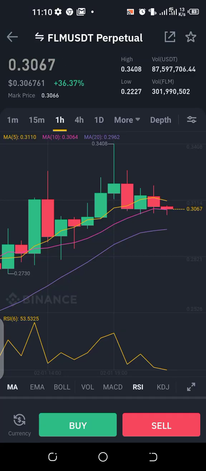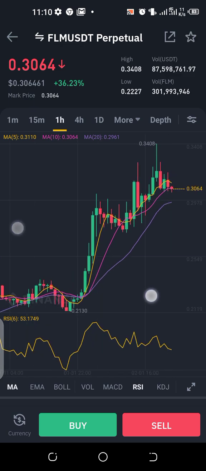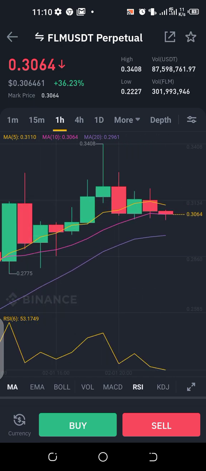Alright, so using this graph, the FLM USDT coin chart, to try to predict how high this coin will rise again before it falls. If I really think it's time for the coin to fall, that it has risen so much and is likely to start falling,